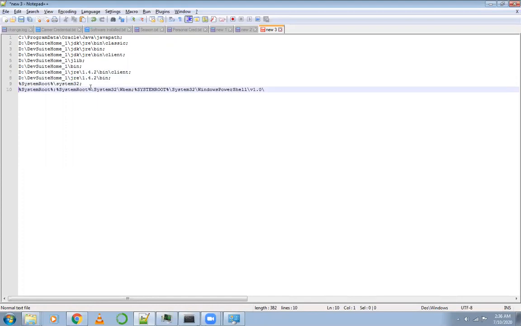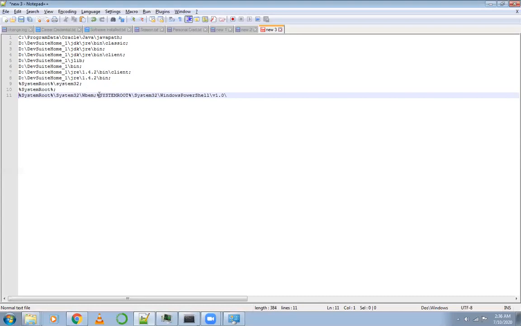So first we have to cross-validate the statement I'm making right now: that for all built-in commands like ipconfig, the respective directory paths are already stored in the system path by default.